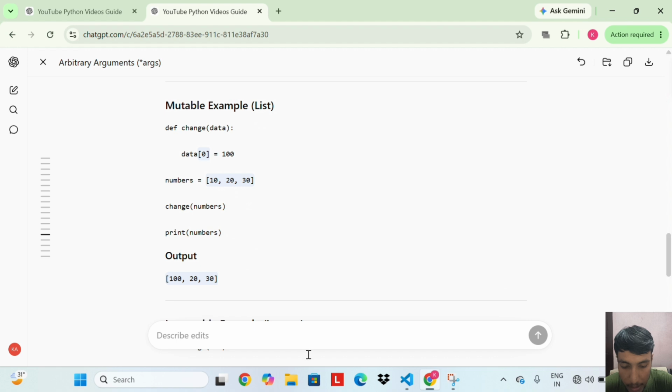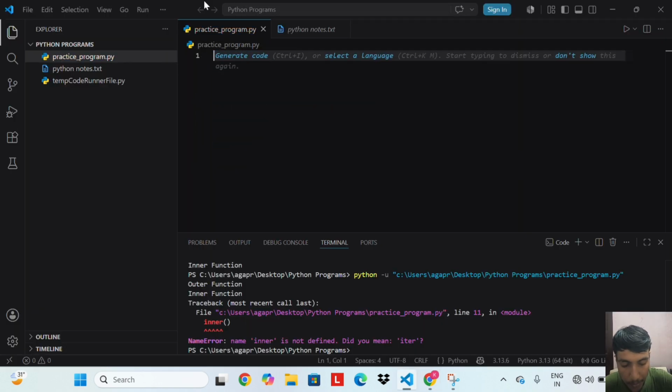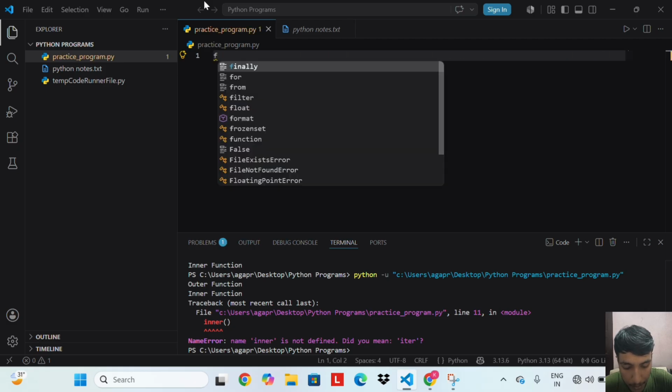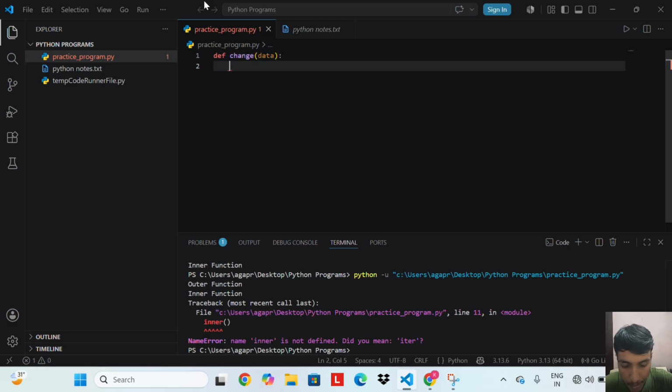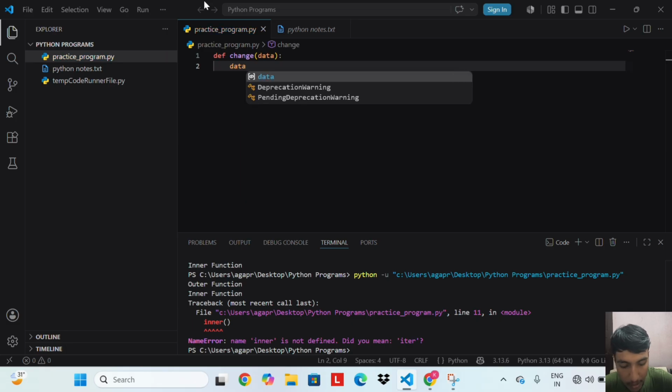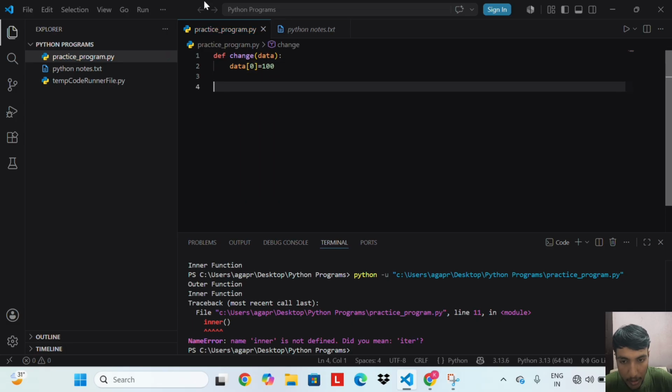So let's do an example. def change(data): data[0] = 100. numbers = [10, 20, 30],